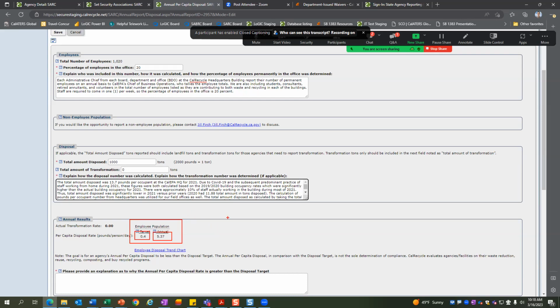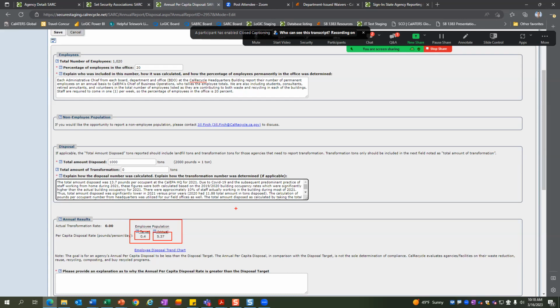One other thing I want to mention about disposal is I think a lot of you, as we shift to this teleworking environment, are probably doing some office cleanouts, some consolidation, which is generating more trash. So you want to have programs in place to divert as much of those materials as possible, but we do understand that disposal occurs when those remodeling activities or clearing out activities do occur.